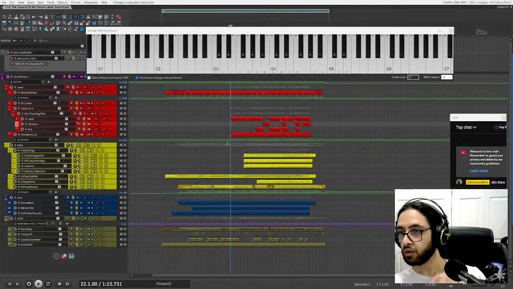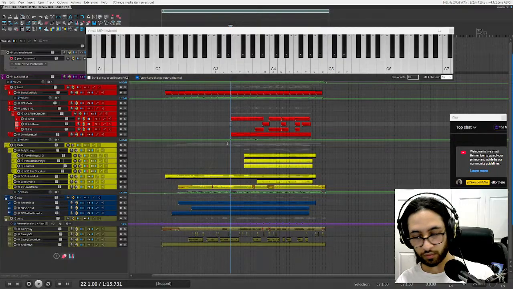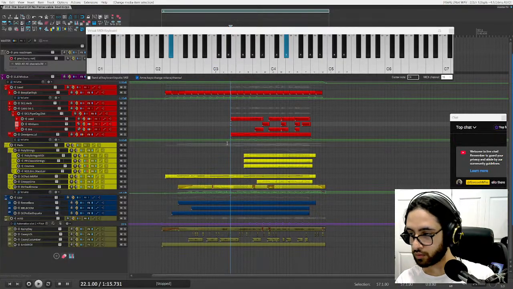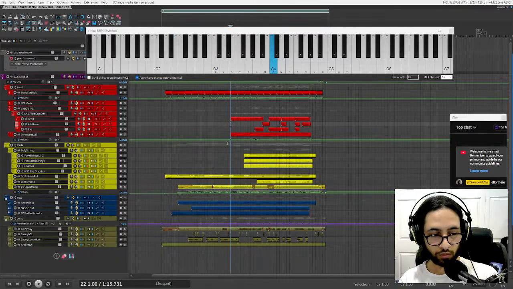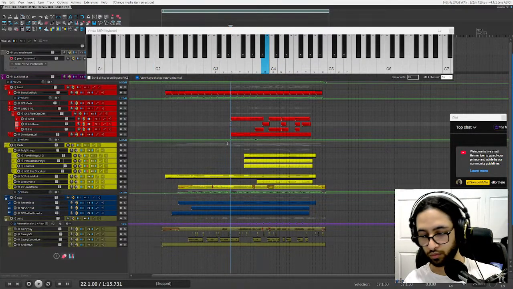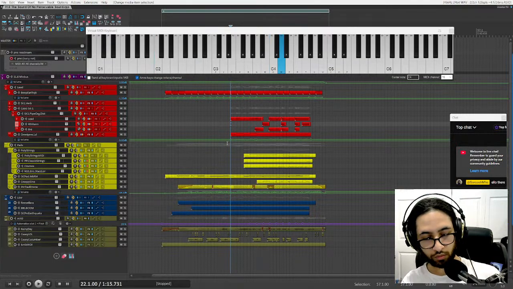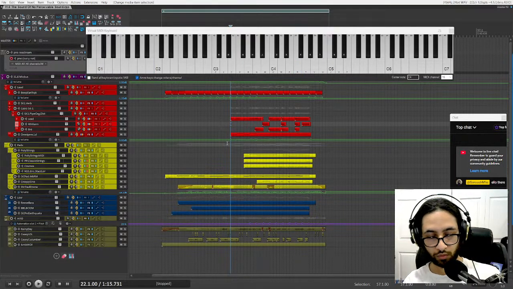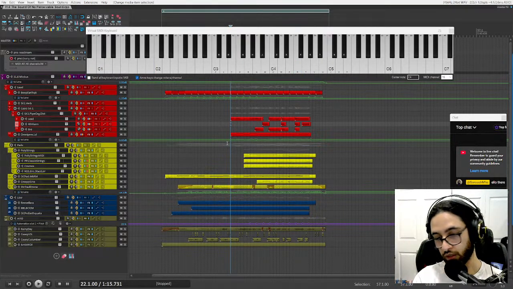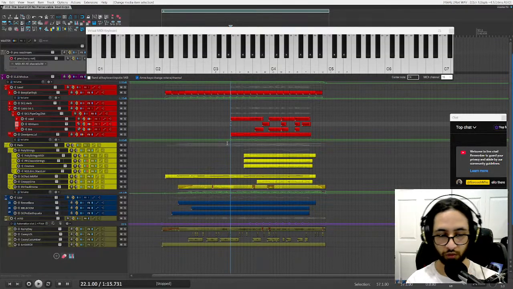Got a bug. The melody actually kind of sets you up for the diminished chord that's coming up, right?